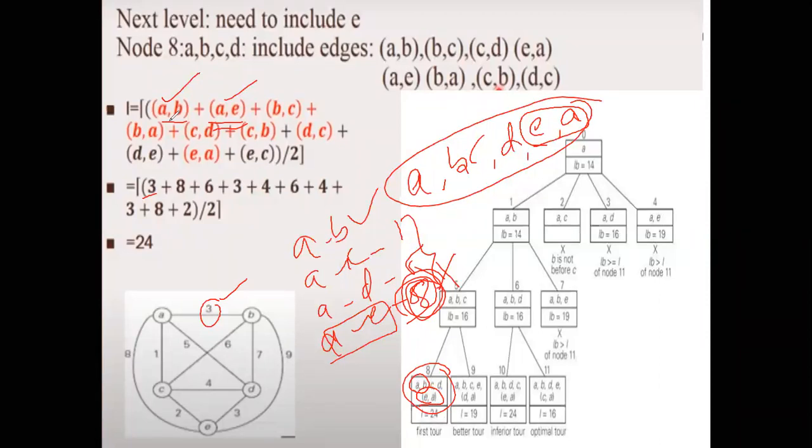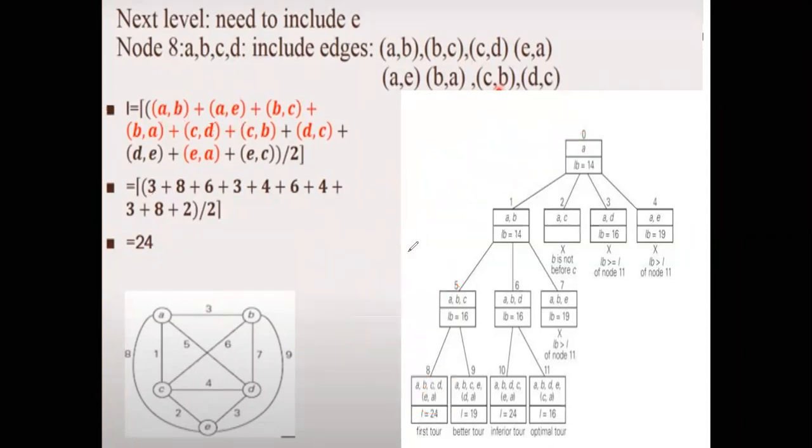So write down. Next, let us consider B now, right? So let us consider B. From B, what are the possible paths? B to C, B to A, B to D, and B to E. Correct. So B to A, you should consider, because I already told there is a path from B to A. There should obviously be a path from B to A also. So consider this irrespective of the distance.